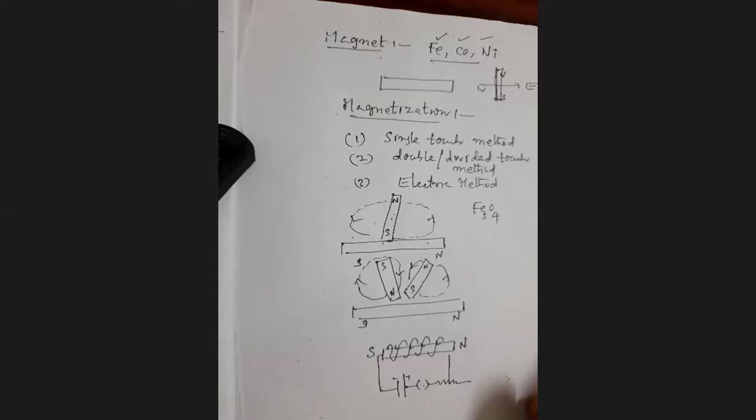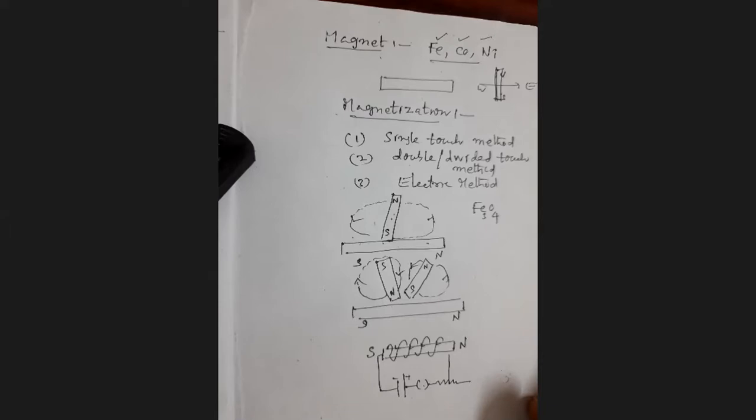That ore is called magnetite, right? And the earth's magnet is also a natural magnet. The magnets which are made artificially are called artificial magnets. Artificial magnets are made of cobalt, nickel, etc. Right? Again, artificial magnets are of two types. One is the permanent magnet. The second one is the soft magnets.